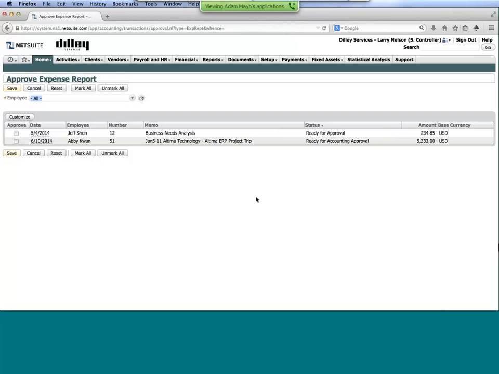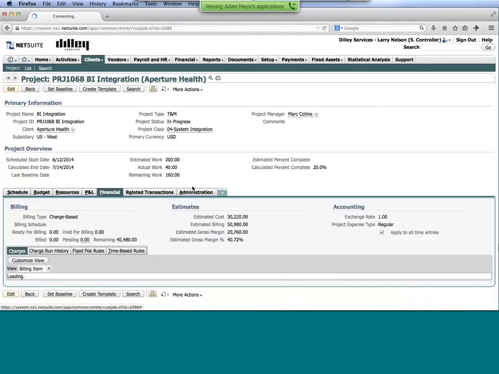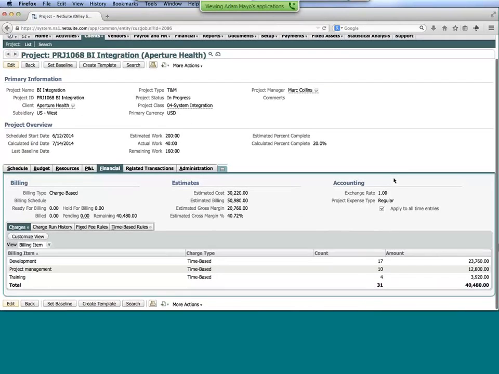So as the controller or finance person, I may go in and pull up my project that we've been working on, and I want to go and view the overall project billing setup. So from here, I'm going to navigate over into our financial tab. And again, this is something where we've talked a lot about having people from multiple departments across the company accessing the data. This is where, again, security can certainly come into play, where I may be the only person that has access to certain pieces of information, or maybe other people can view it, but they can't go in and make changes and that sort of thing.